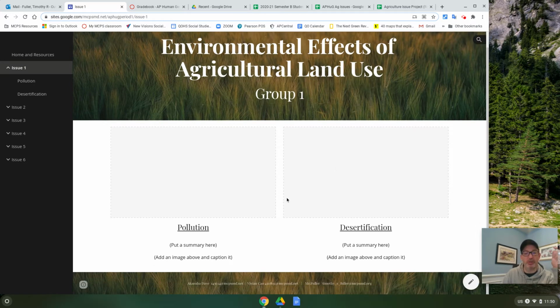So if your subtopic is here, you're going to work with that person and sketch out a little summary, put some images, and maybe you can type a quick summary about what this overall issue is about. But then let's focus on your own page. Let's say you did desertification. If you click on that link,